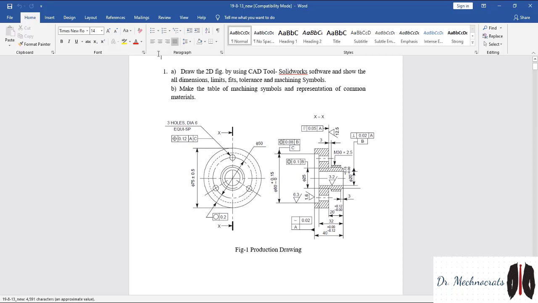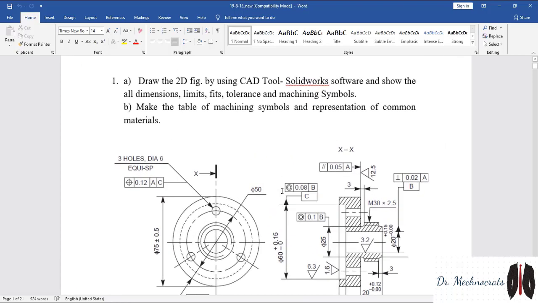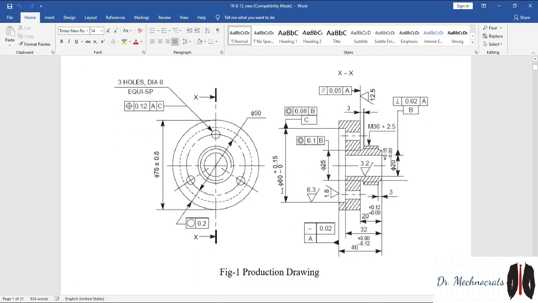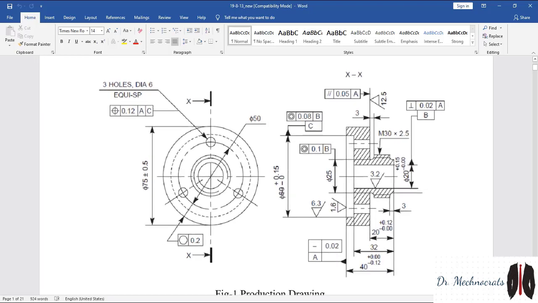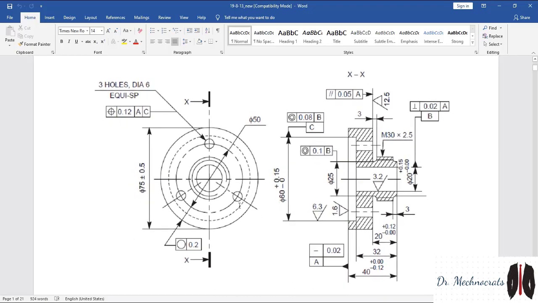Tell anyone, is it in first angle projection or third angle projection? Just check it, everyone.